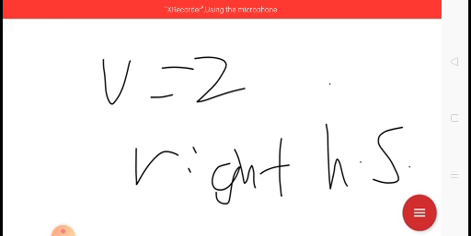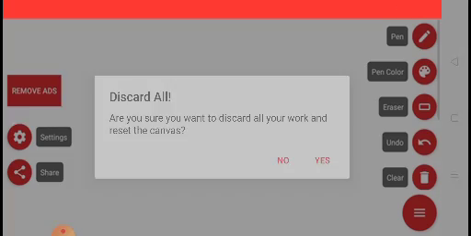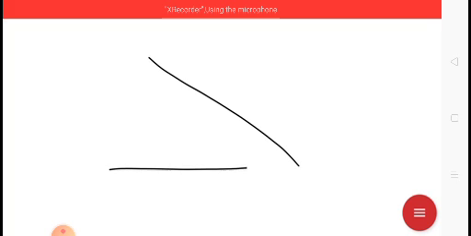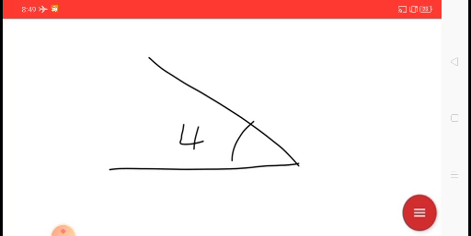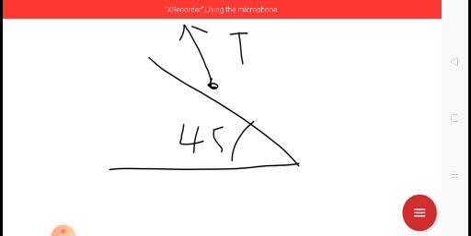Right hand side. Question 3. Okay, last question. Question 4. Okay, question 4 is an item on the slope. If you cannot remember, you have this 45 degree, and originally the T is in this direction, and here is the 15 degree,